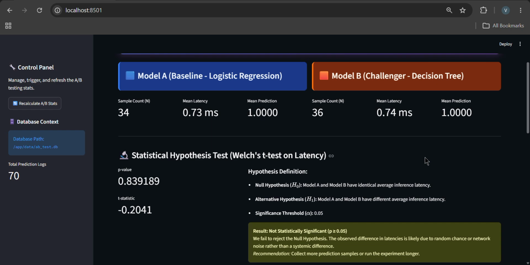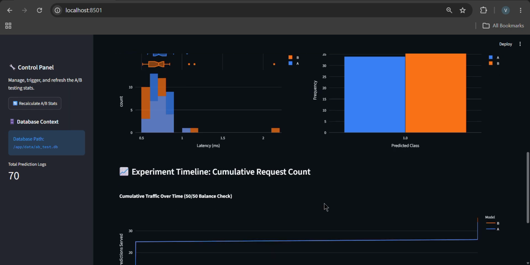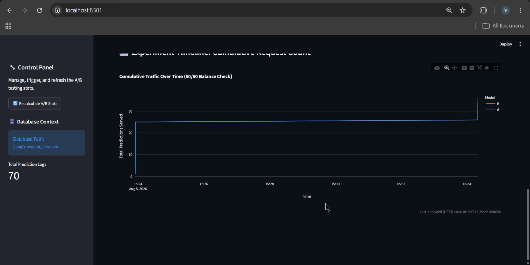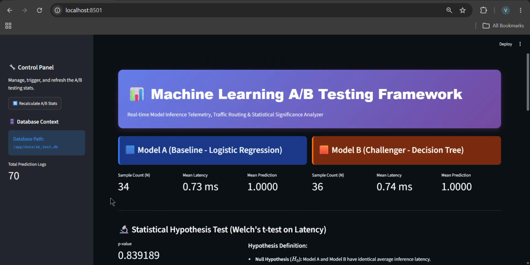Let's see this in live action. Here is our live Streamlit dashboard. On the left, we can see our current database status and log count. Let's open our terminal and generate